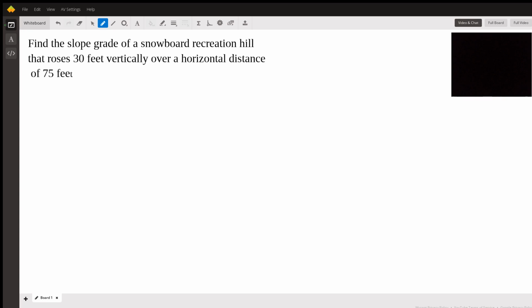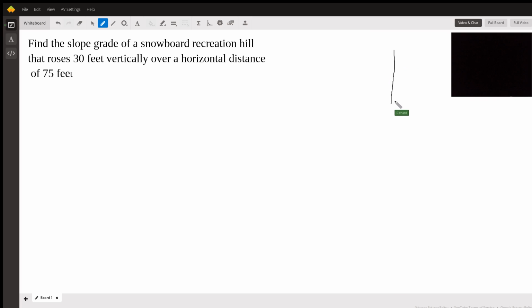So the question's asking us about the slope grade of a hill. I think probably the hardest part of this particular word problem is figuring out what's meant by the slope grade of a hill. So we're going to start by drawing a hill,